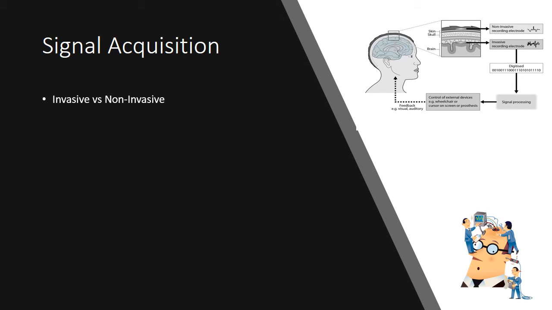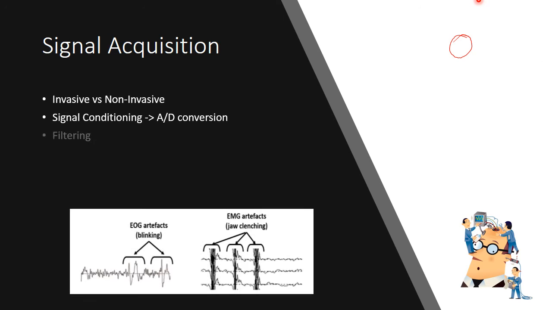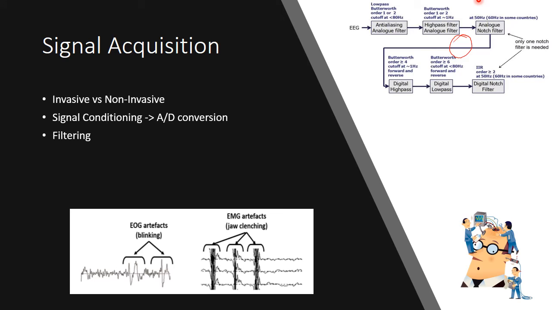Signal can be acquired by invasive technique or non-invasive technique. In invasive technique, the electrodes are placed inside the brain, and in non-invasive technique, the electrodes are placed outside the brain. Signal acquisition is done in two steps. One is signal conditioning, which is removal of unwanted noise and artifacts and amplification, and second is the analog to